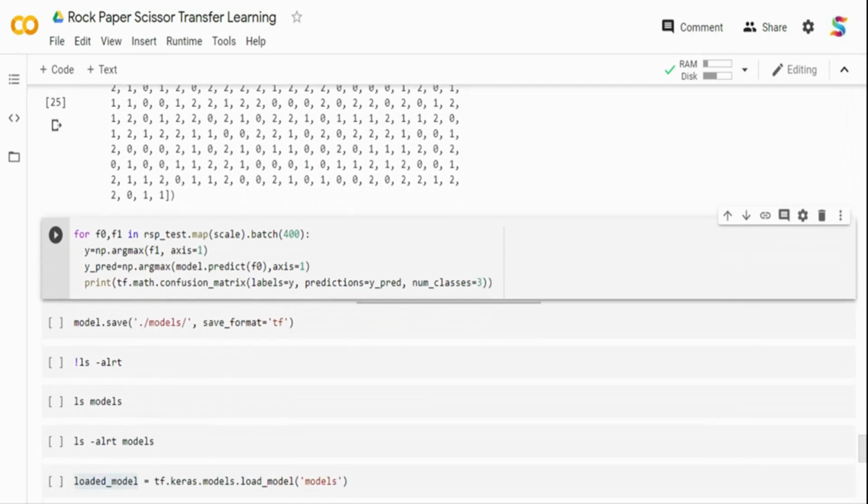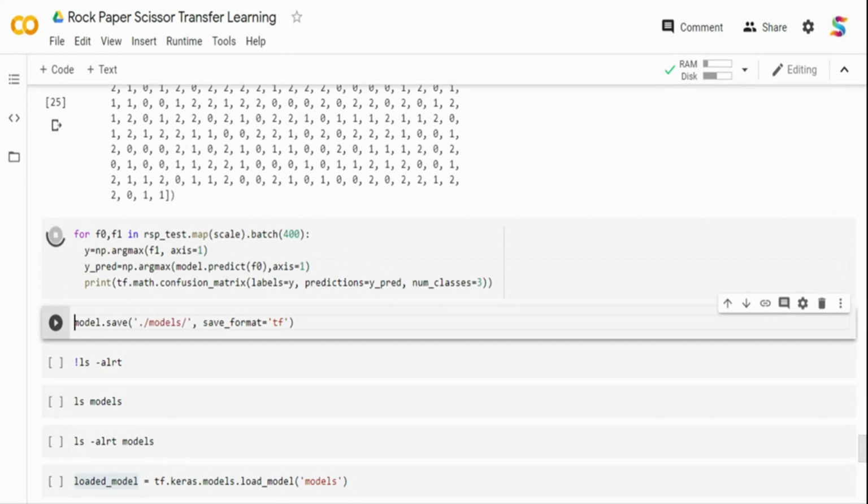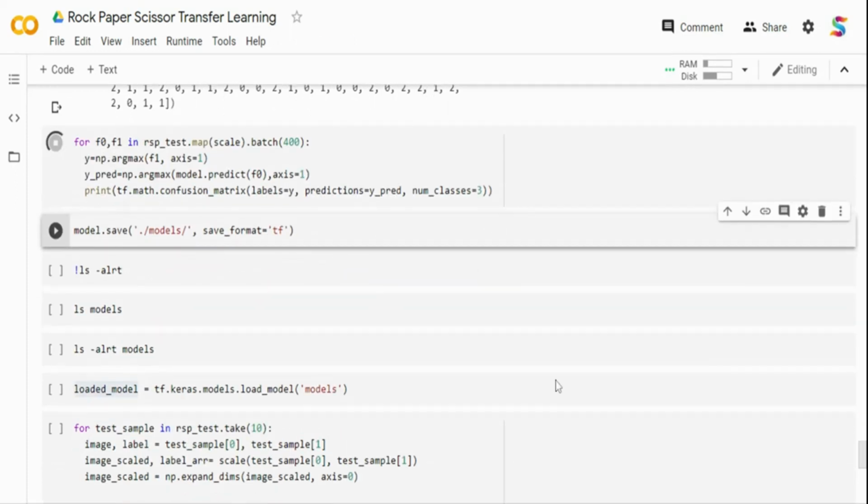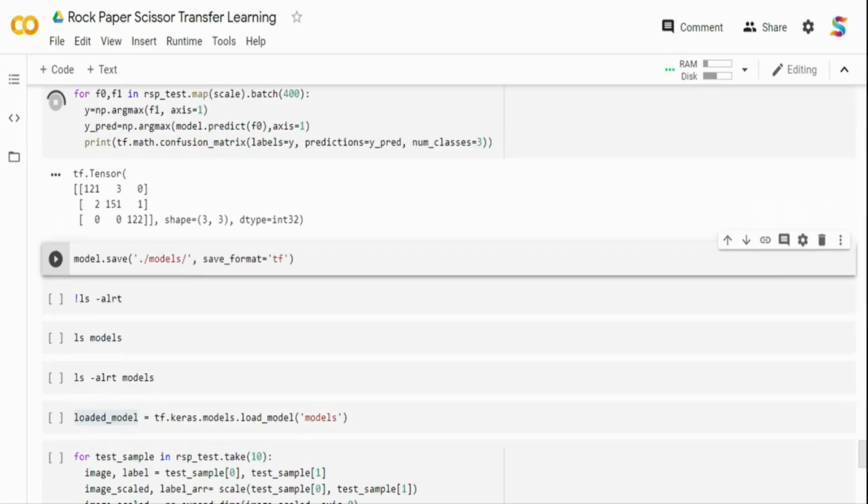So what I'm doing is I'm taking the test object. I am running it for all the batches. I have 400 test images. If you see on the top, I am running it for the whole 400. I am having my output y, which is nothing but the data coming as input, and y predicted, which is nothing but what I'm predicting using the model that I have developed, and I'm creating a confusion matrix over here. So when I run this, you can see if there is any misclassification. So we'll quickly find out what classes have got misclassified, right?